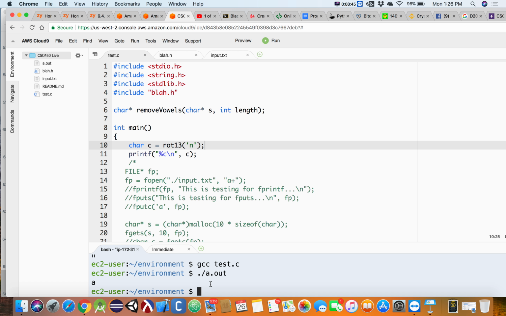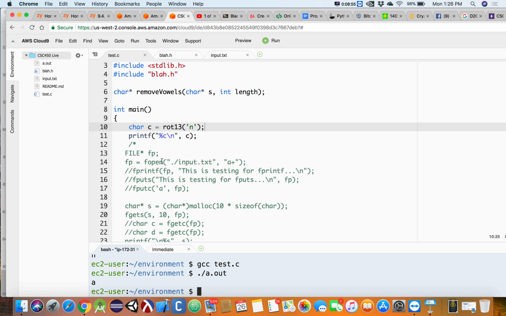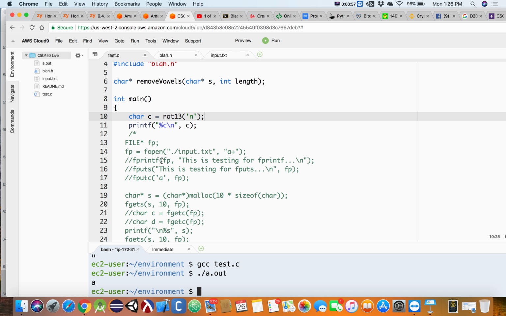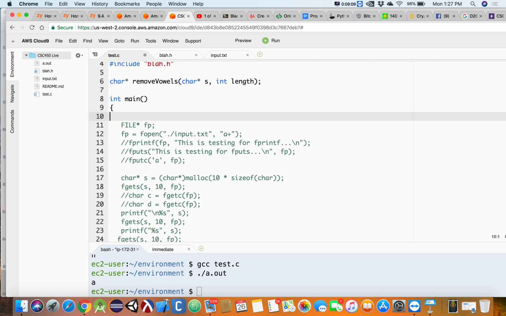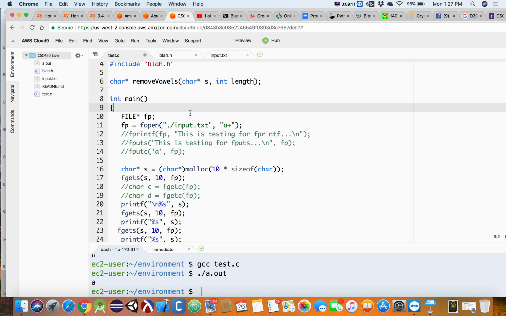All right, so we've exhaustively tested this for all possible inputs. This works flawlessly for lowercase, whatever. Okay, so we have rot 13. This will allow us to output on a per character basis. So now we have a couple of approaches here. We wrote some stuff a couple classes ago. We had our file pointer, and we read stuff in, and then we wrote stuff out, right? But I think we were reading in and writing out to the same file. So we want to have two different